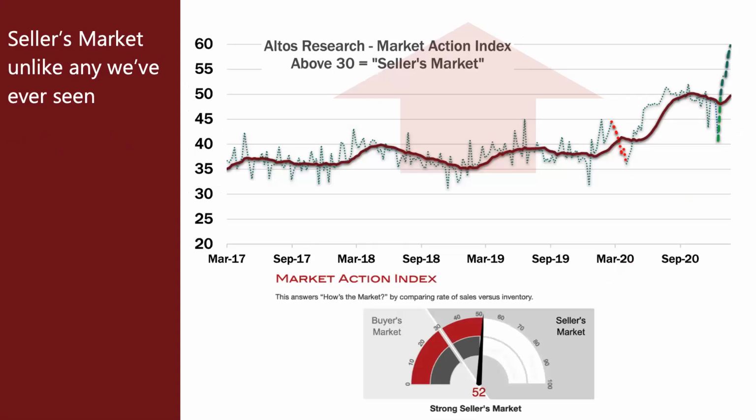Let's look at what this all translates into. As I mentioned recently, nationally, we're in a seller's market unlike any we've ever seen. Altos uses what we call the market action index. This is a measure that we defined as an algorithm, a calculation that allows us to look at any local market at a glance and understand, how's the market? Is it hot? Buyer's opportunity, seller's opportunity? And it works like a speedometer. The higher that number goes, the tighter the inventory and the greater the demand relative to supply. You'll see on all of your Altos reports the market action index, and it's really handy to just point to it for clients and say,